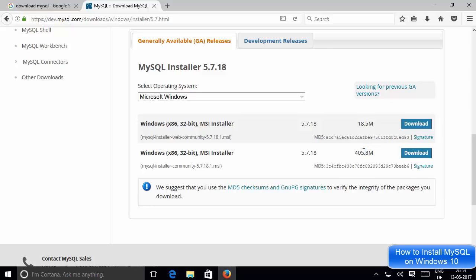The other version is the download of the installer itself, and it's 405 megabytes in size. When you download this installer, you don't need to connect to the internet or anything else. You can run this installer and everything will take care of itself. So what we are going to do is download this installer, the second one, which is of bigger size, right? So just click this download button here,